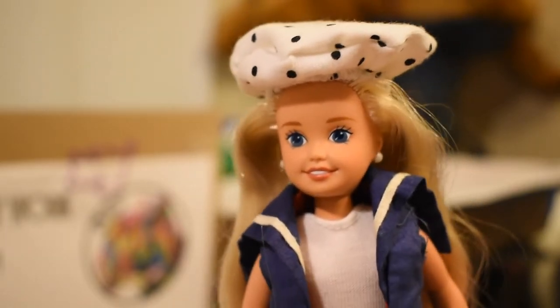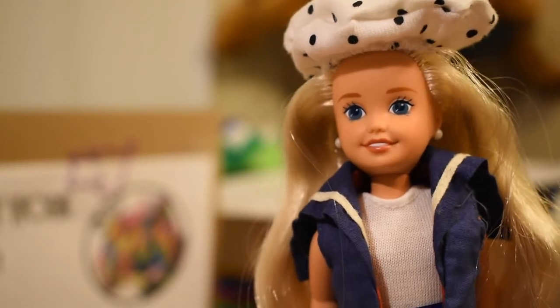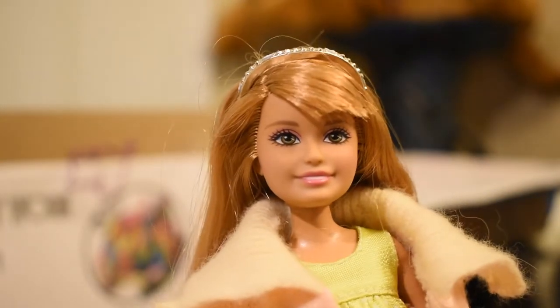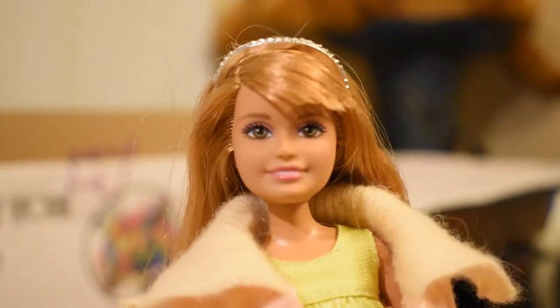brunette, perhaps, maybe, as the Latina friend. And then they sort of continued when they had the We 3, which I don't have one of. They're like super inflated 2006 era dolls. They changed Whitney's name to Lila, but she still came either in like a tan skin brunette or with red hair, depending on the set. And then when they remade Stacie in 2010, she only looked like this for like ever and ever and ever. And then 2019, with Team Stacie, they made a brunette who could be considered Latina because